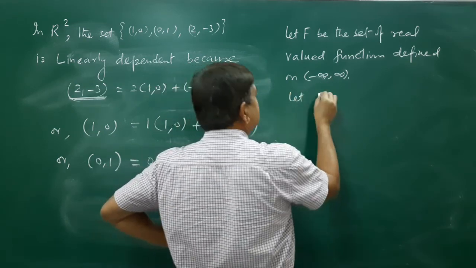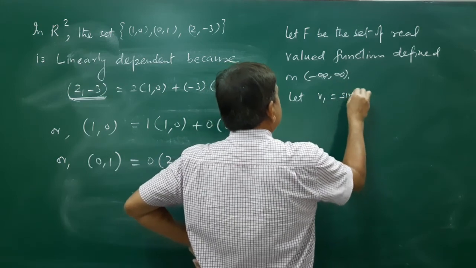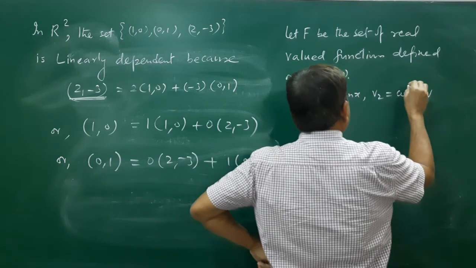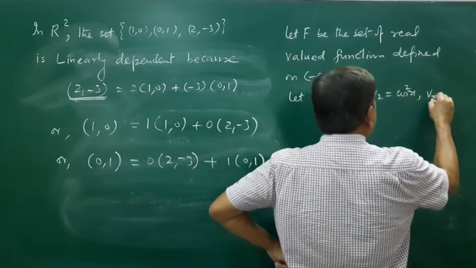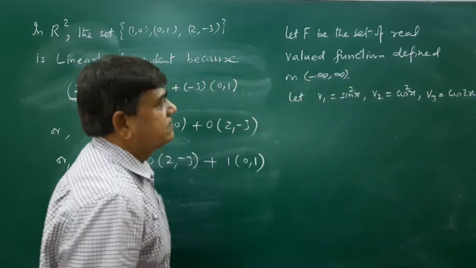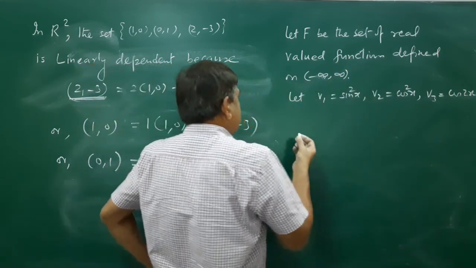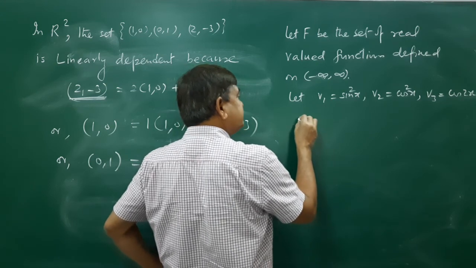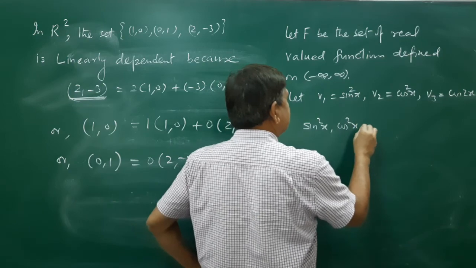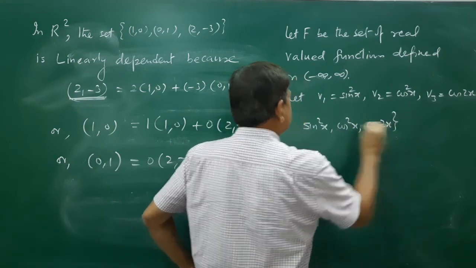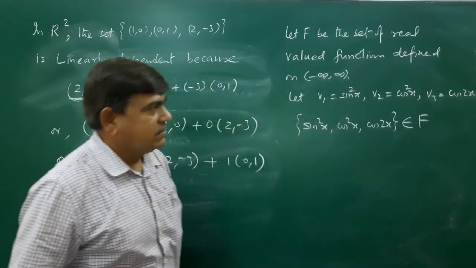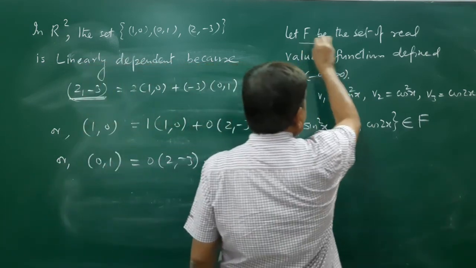Let V1 is sin x, V2 is cos square x, sin square x, and V3 is cos 2x. Definitely here sin square x, cos square x, cos 2x, these are the members of F. And here you remember this is a vector space,